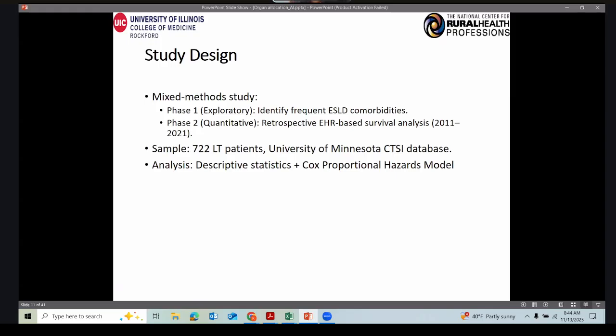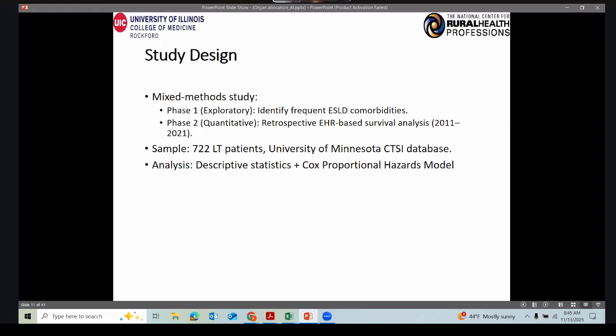Then in phase 2, we moved into the quantitative analysis using real-world electronic healthcare data from 2011 to 2021. Specifically, we conducted a retrospective survival analysis, meaning we look back at existing patients' records to see how different comorbidities influence post-transplant survival over time. Our sample includes 722 liver transplant patients from the University of Minnesota Clinical and Translational Science Institute database. This dataset provides rich longitudinal data including lab values, demographics, comorbidities, and transplantation outcomes, which allowed us to perform both